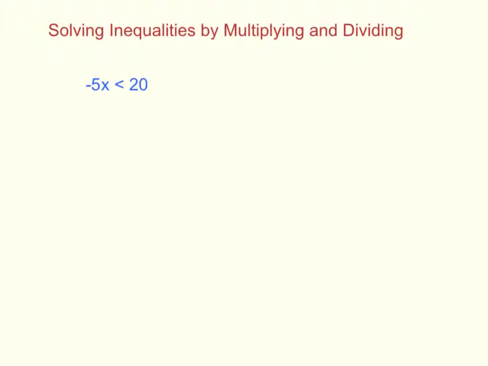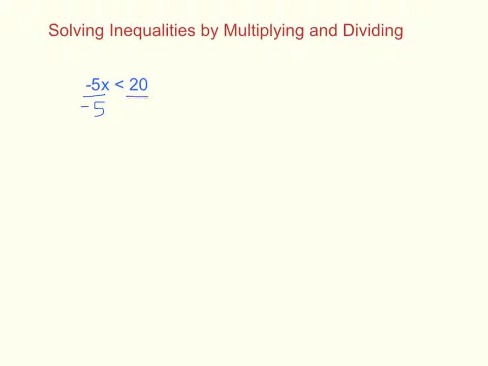Okay, we're going to solve inequalities by multiplying and dividing. It's a lot like solving equations where you do the same inverse operation to both sides to isolate the variable and solve for x. So when we look at this one, we have negative 5x is less than 20. To solve it, we're going to need to divide by a negative 5